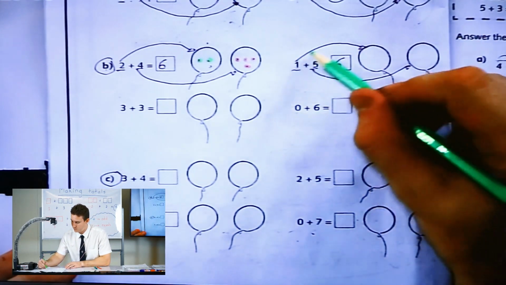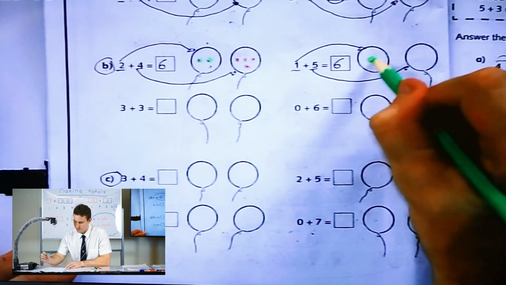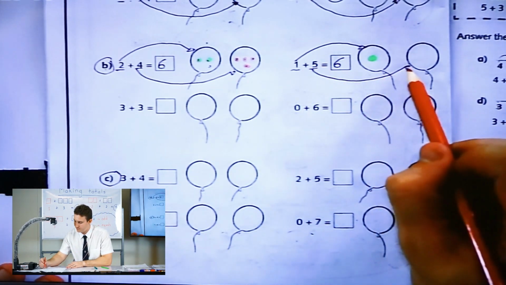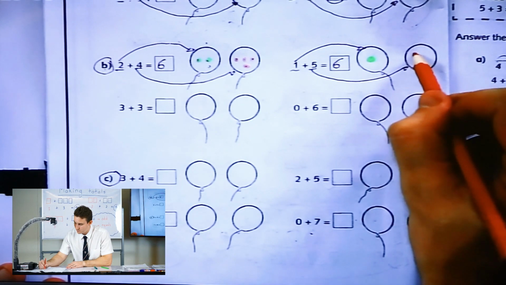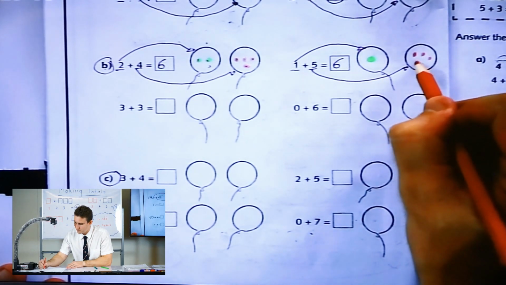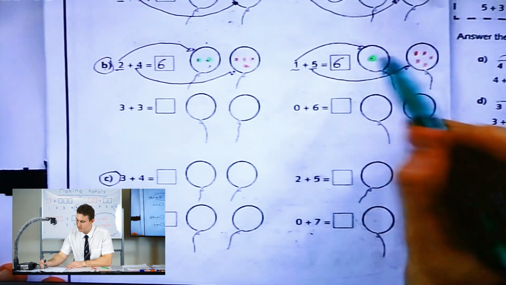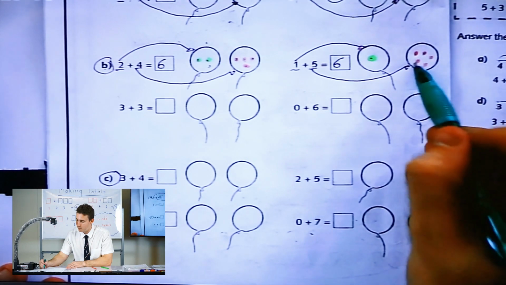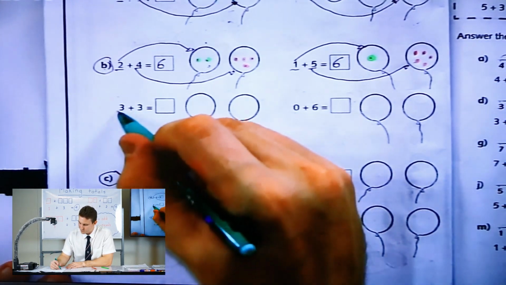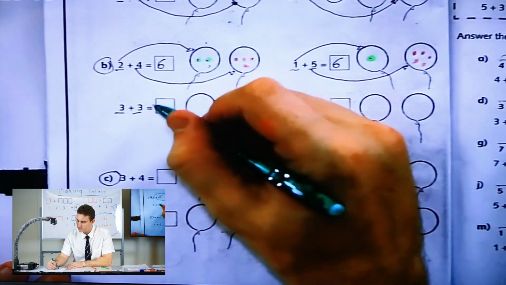So the first balloon's going to have 1 big green spot. Yay. And the second balloon is going to have 5 little spots. 1, 2, 3, 4, 5. And the total is 1, 2, 3, 4, 5, 6. Good. Okay, next example. 3 plus 3 equals